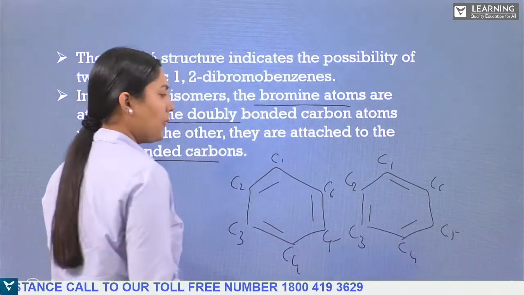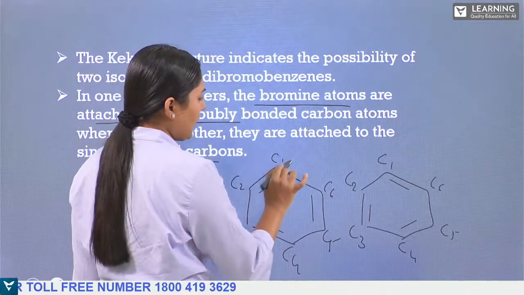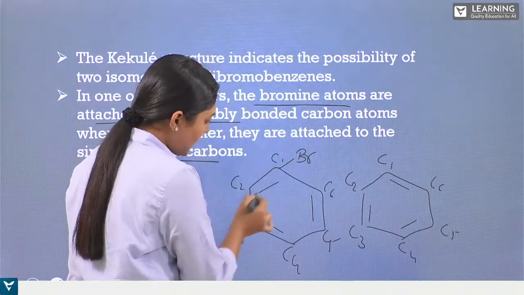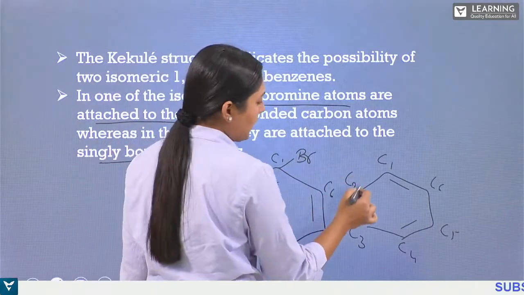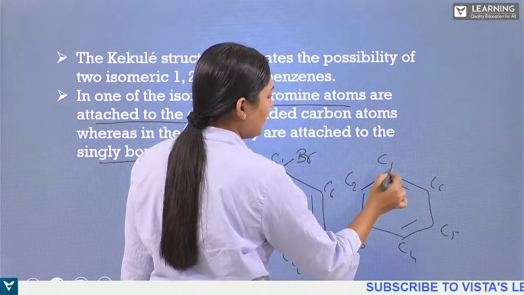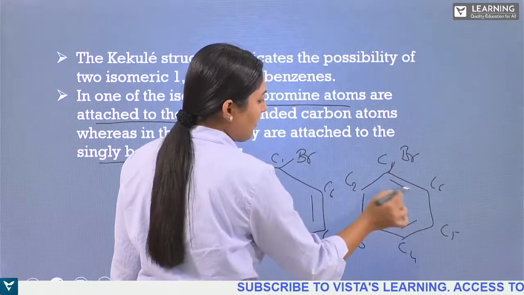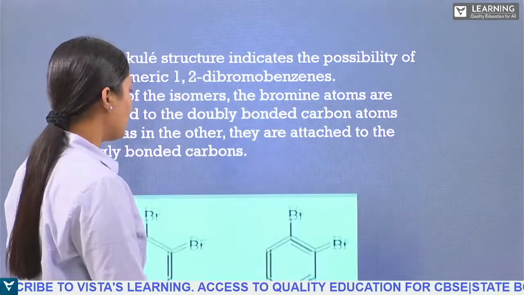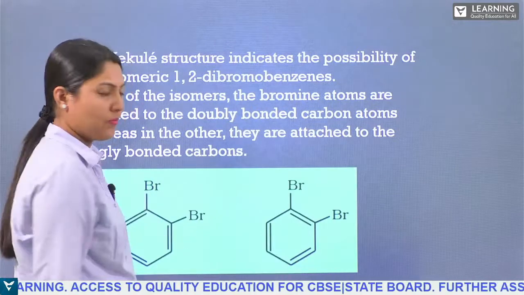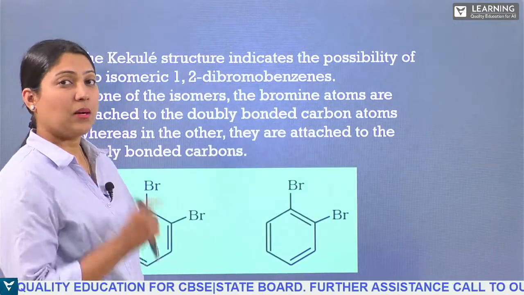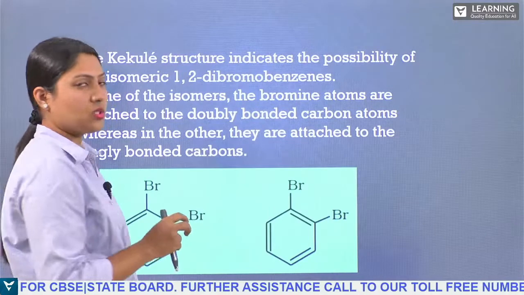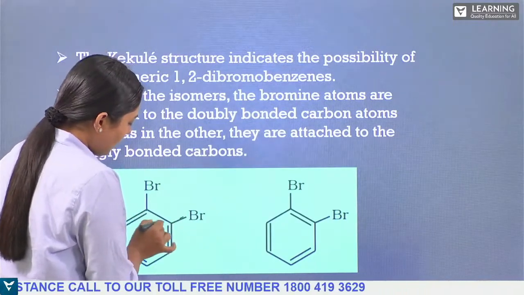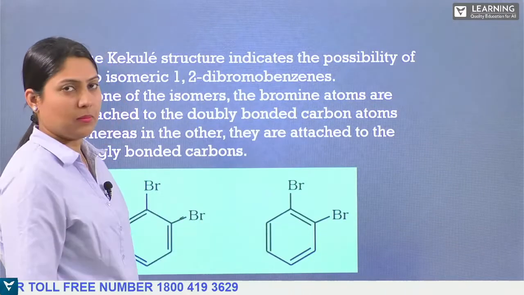Now, the carbon atom where bromine is attached will be C1 here, having a double bond with carbon 2. Where now I have the Br, it has the double bond with this. So we have the difference in the structure. Those structures will come like this, where if we take the double substitution, or two substitutions, they will be connected in such a way that the bond will be single here, where here it is double.